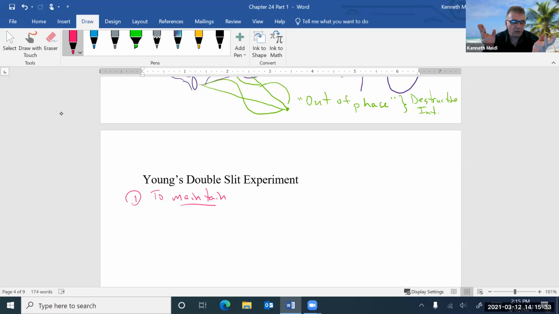There's light waves in the room right now that I'm in. There's light rays that are in the room right now that you're in, and they're interfering constructively and destructively, but it's happening so fast that we just sort of see this average overall effect, and we see really no changes at all because the interference is not sitting there being maintained in a certain location in space. So to maintain interference,